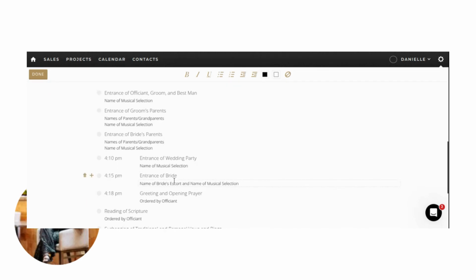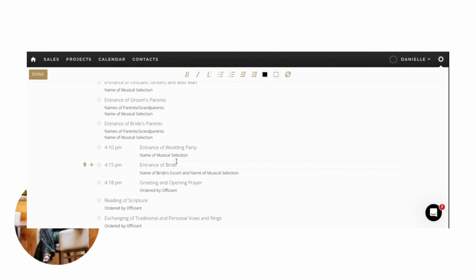Now we're at 4:10, which will be the entrance of the wedding party. You can have your wedding party walk in two by two, or you can have them walk in individually. It all depends on what you would like. And then you would need a song for them to walk in. If you have a bigger wedding party that is over 8 to 10, maybe 14 members, then you may want to include two songs to be mixed in or looped in for this portion of the